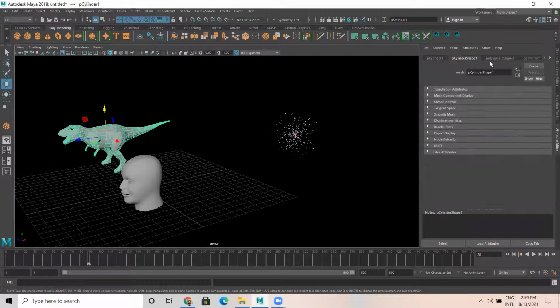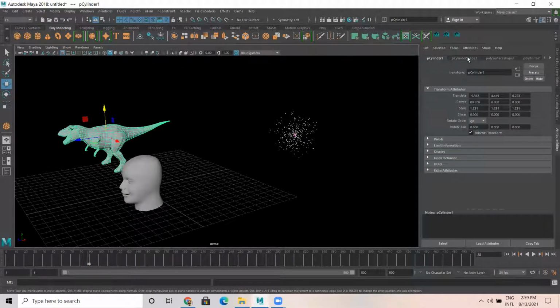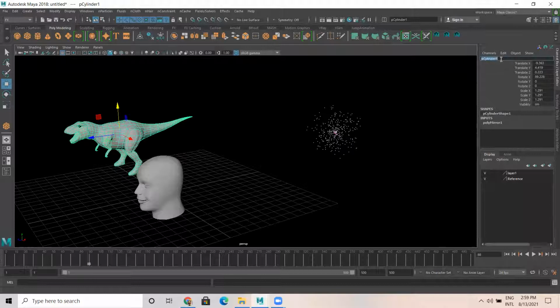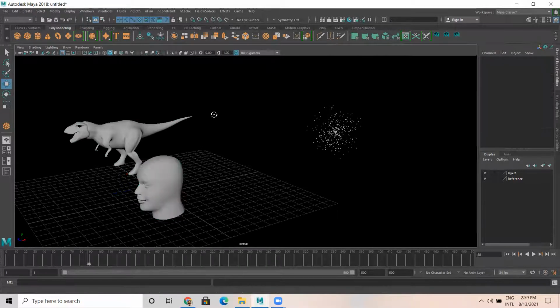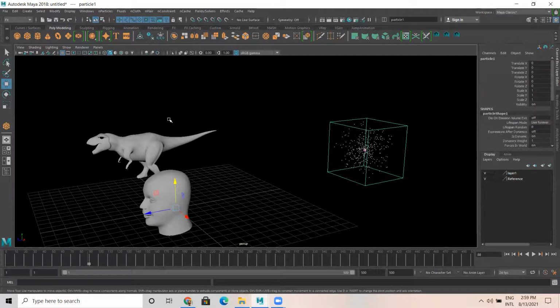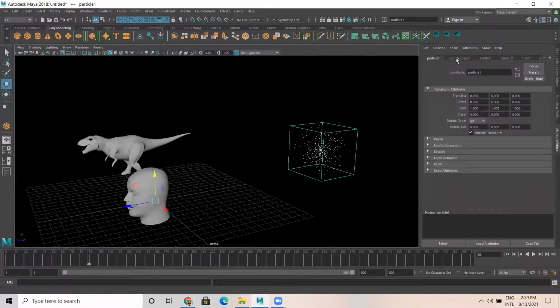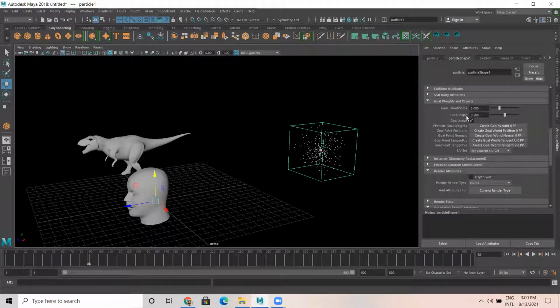Okay, let me just name this. I'd like to name this as Dino, and I'll be naming this guy as face. Okay, so right now, if you go to attribute and if you go to particle shape, you can see dino shape is 0.5. Okay.